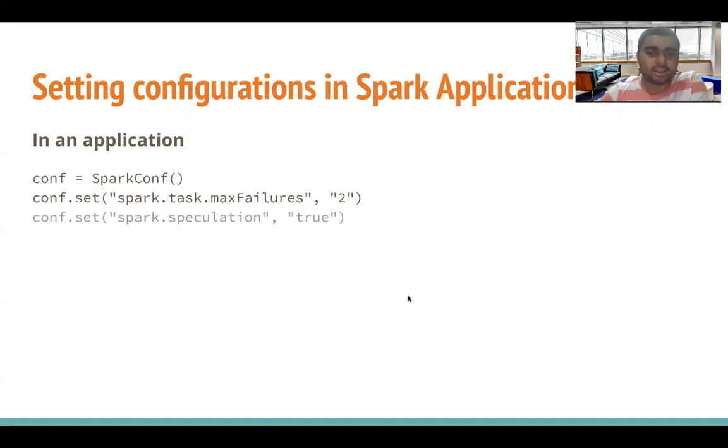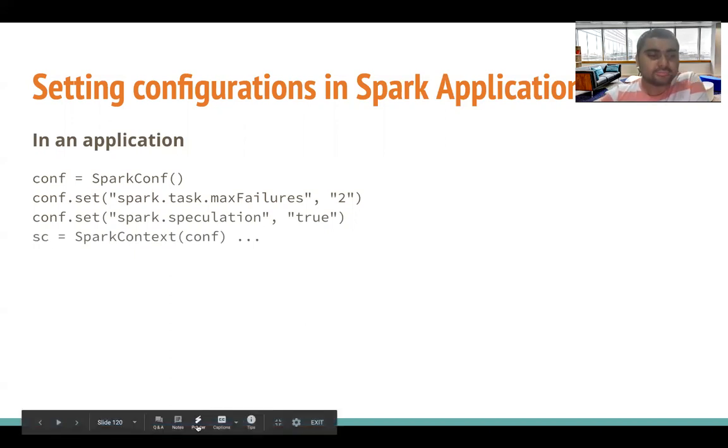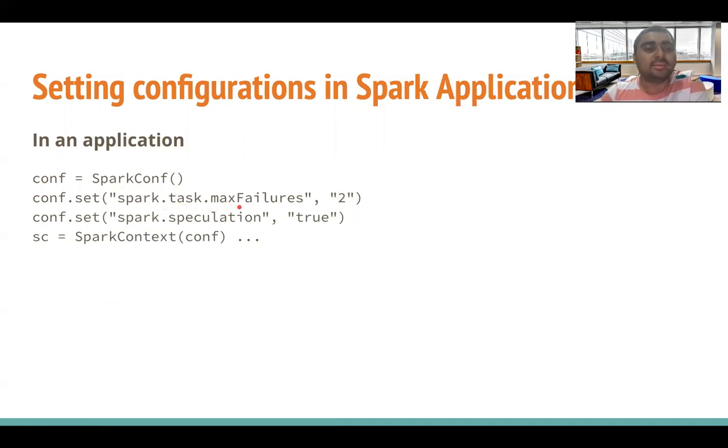So here in this example, before creating a Spark context, we are creating the Spark configuration object, and we are setting how many times a task can fail before failing the whole application. Remember, a task can fail some number of times. The default is 4. And if a task fails more than that threshold, the whole application fails. So if there are temporary or intermittent failures of a task, the application does not fail. The task is re-triggered or relaunched on the same or a different machine.